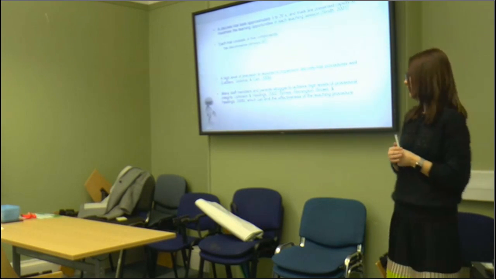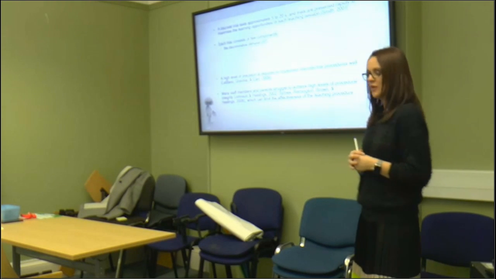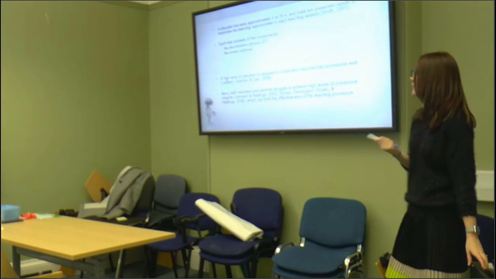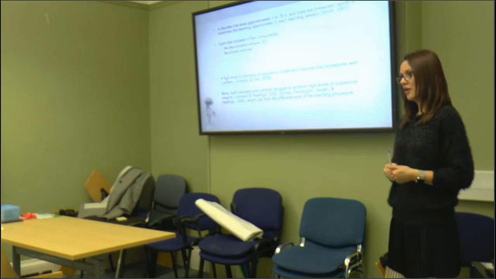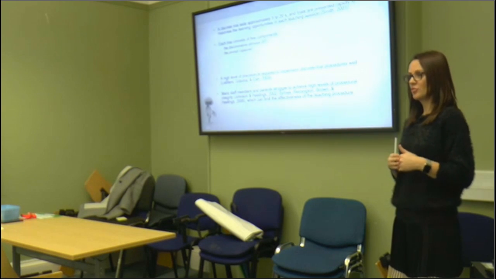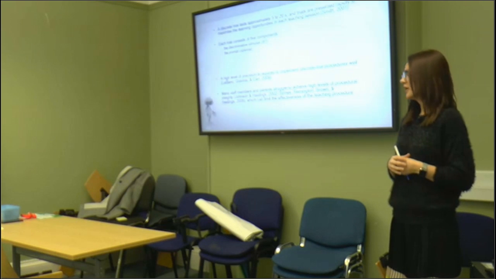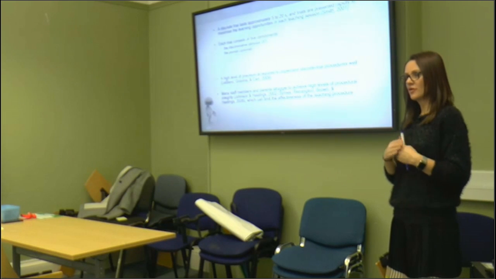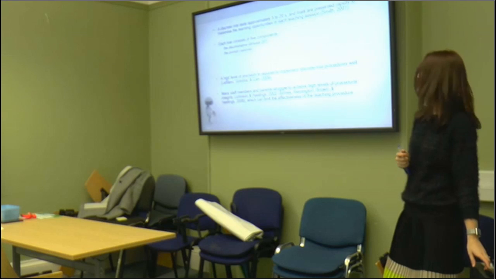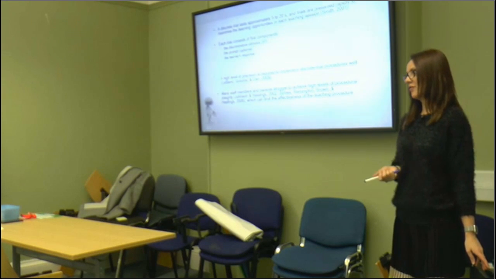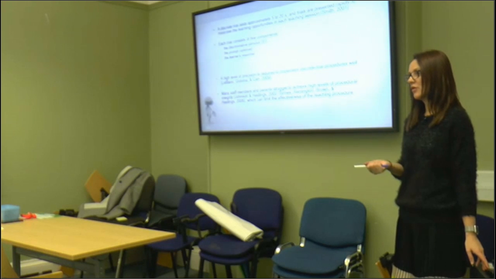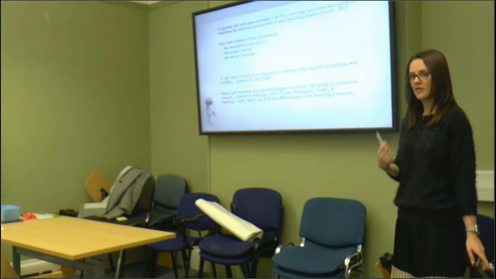You've got your discriminative stimulus, so your instruction. You have the prompt, which is optional. When we issue a prompt, it could be following the introduction of a new target, or following an incorrect response. But again, that's an optional prompt. Once the learner has mastered the skill, prompts are used less and less within the discrete trial procedure. Then the learner's response: we can have a correct response, an incorrect response, or a no response. We would still record a no response as a response as well.